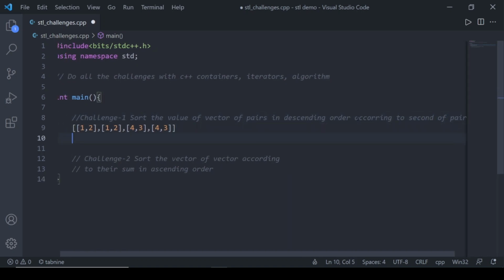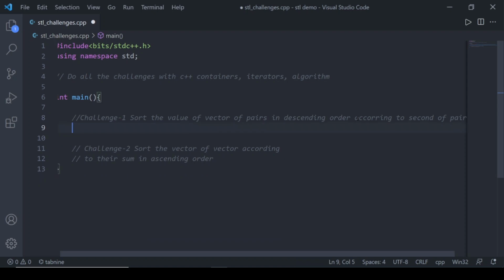The pair in which the second value is the largest comes first, like 4 and 10. Then after that, any value, the first value doesn't matter, and the second value should be less than 10, then 9, then let's say 34 and the second value should be less than 9, 8, and let's say the first value can be any and the second value should be less than 7, like 6. So we have to sort a vector of pairs in this way.